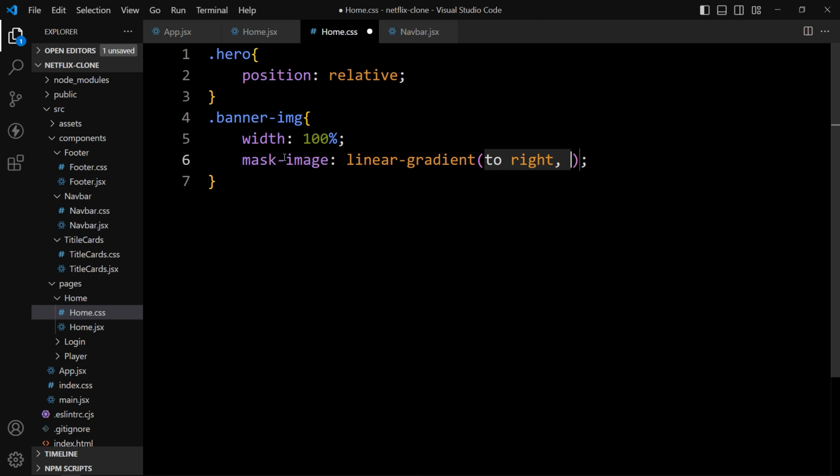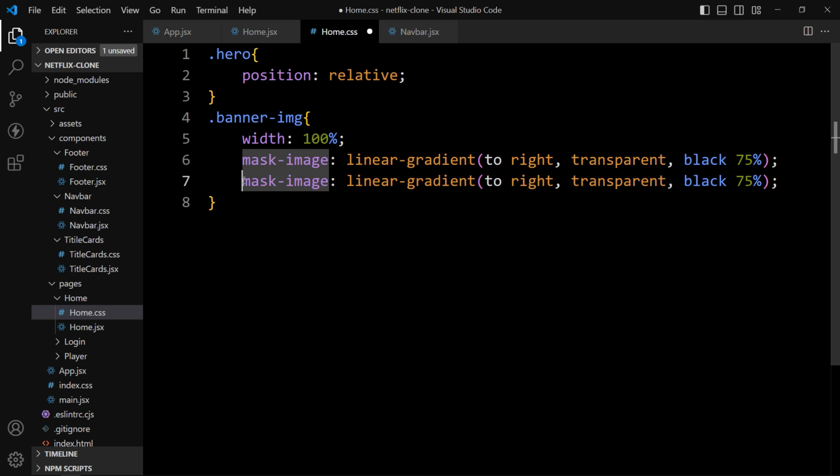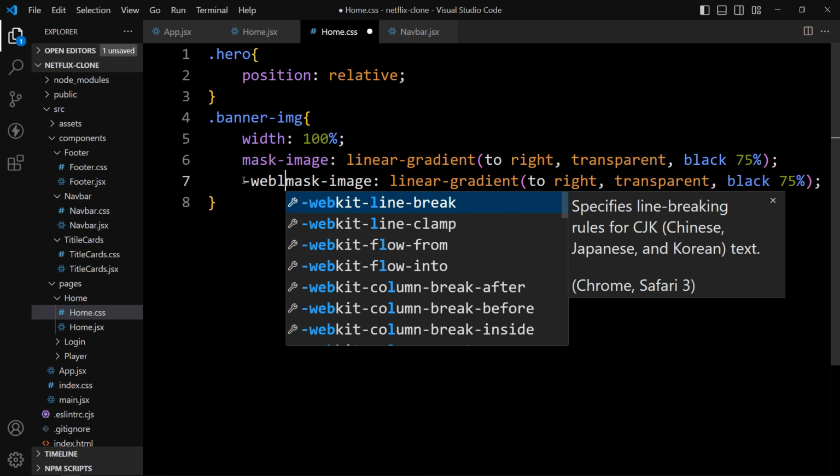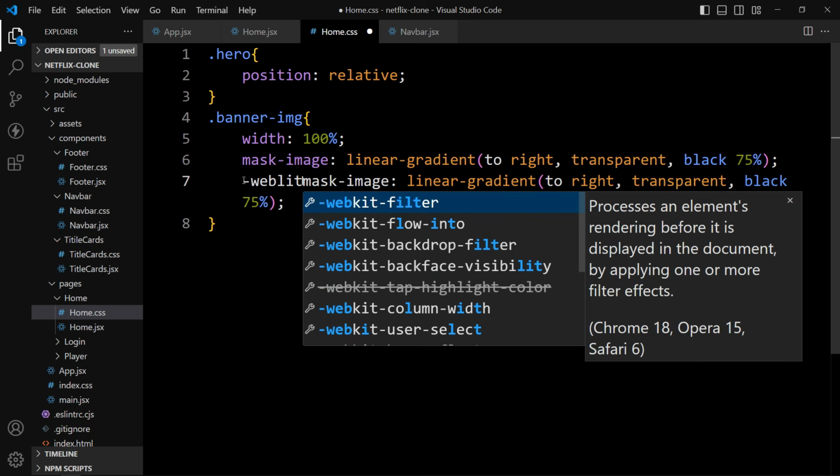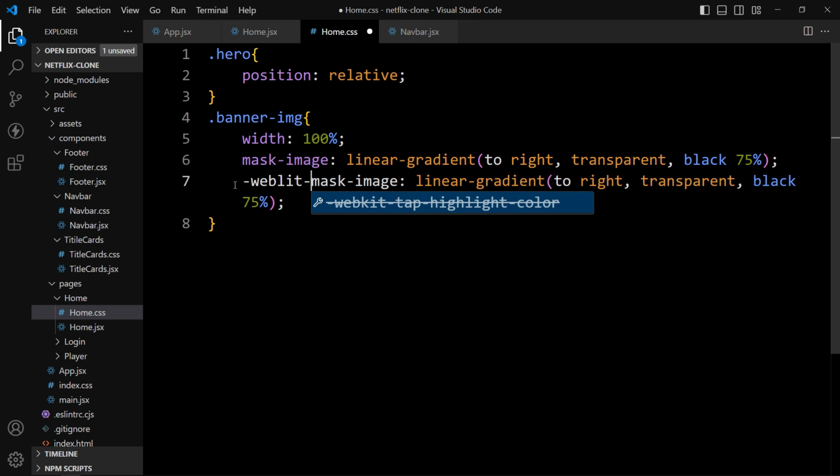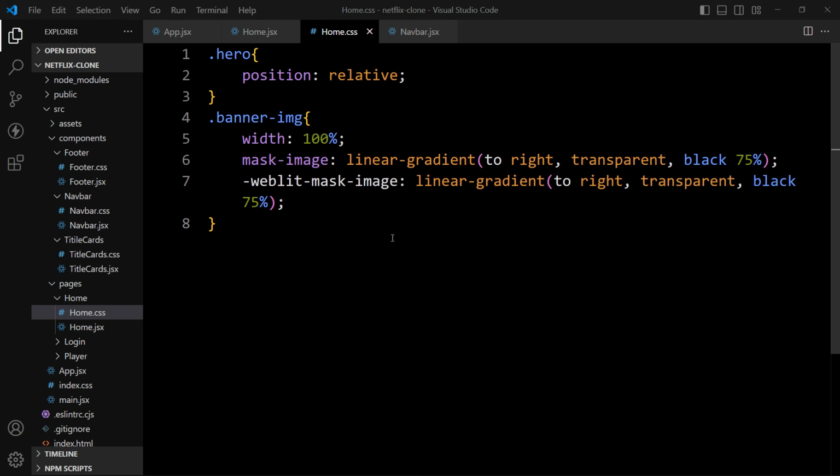Then the first color will be transparent, and then we'll add black and 75%. Now just duplicate this one, and before this we'll add -webkit-mask-image. That's it.